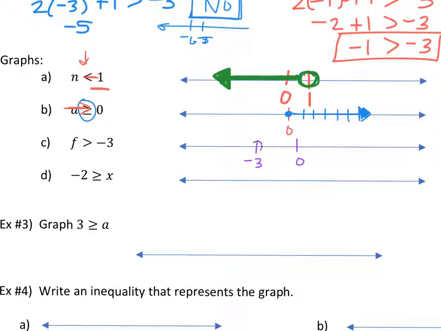It's going to be open. Okay. Let's do a different color so it stands out a little more. So it's an open dot at -3. What direction is your arrow going to go? Right. To the right. If I make this an arrow, because my variable's first, I'm going to point it to